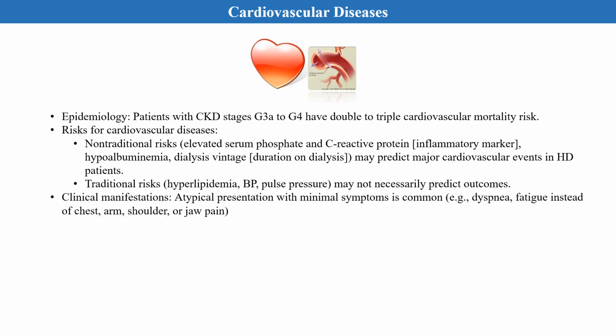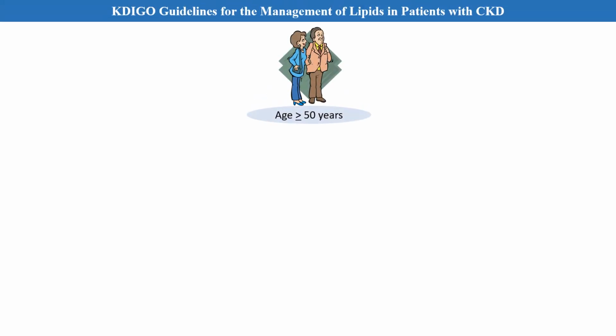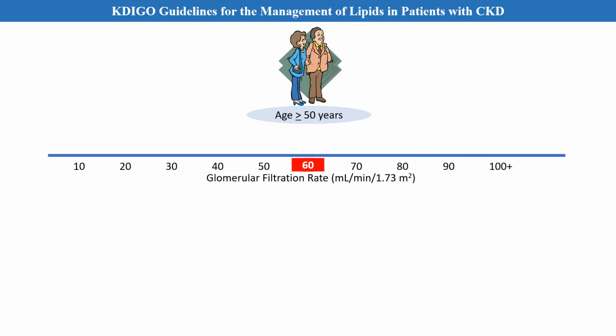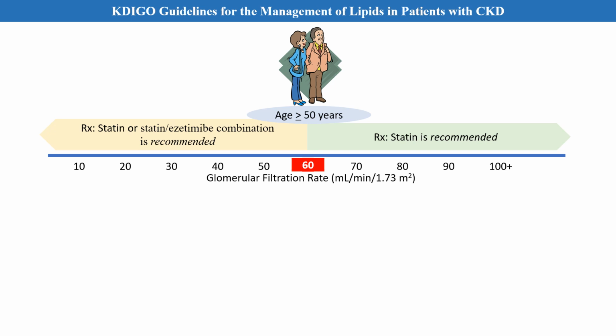Patients with angina may present with minimal or atypical symptoms such as dyspnea and fatigue instead of chest, arm, shoulder, or jaw pain. In adults 50 years or older with CKD and eGFR greater than or equal to 60, treatment with a statin is recommended. Treatment with a statin or statin-ezetimibe combination is recommended if the eGFR is less than 60, regardless of